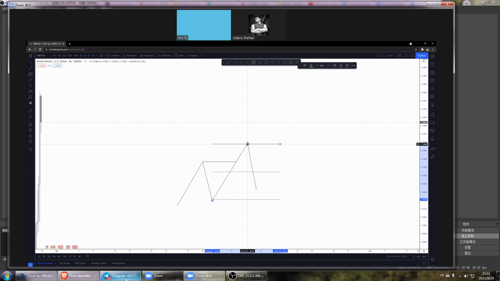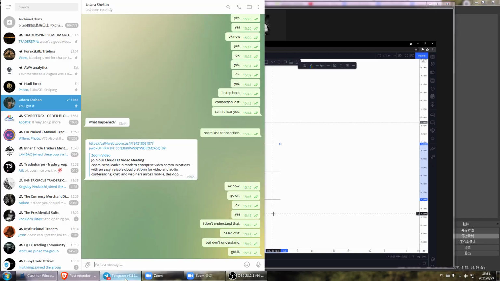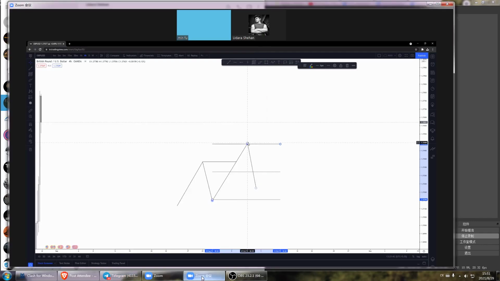That is internal range liquidity: the liquidity that is resting inside of the current trading range. And the liquidity that is resting outside of the trading range is external range liquidity. Where is the external range liquidity? Right here, outside of the trading range. This is the current trading range, and the liquidity resting outside of this is external range liquidity, which means there are buy stops